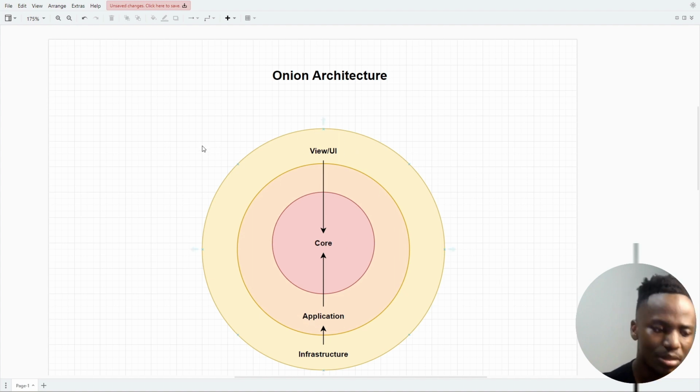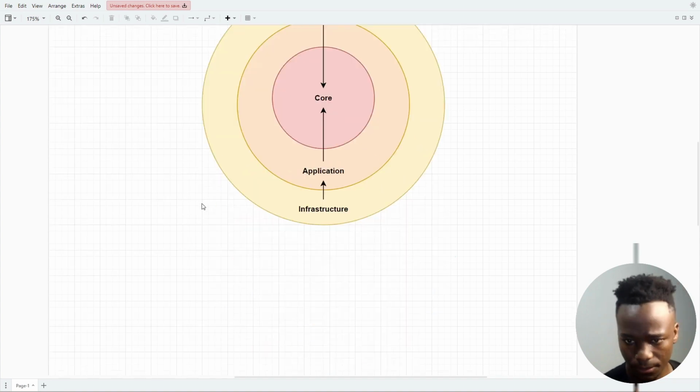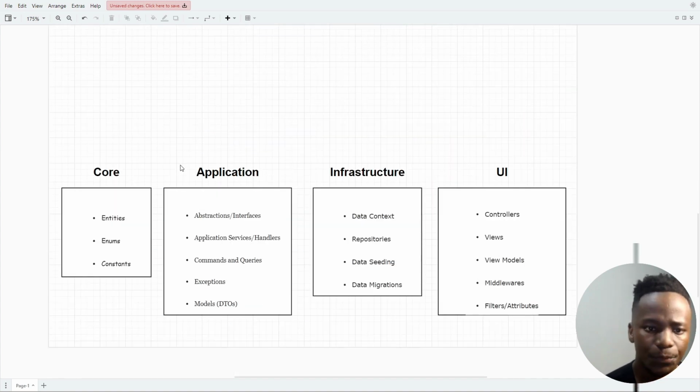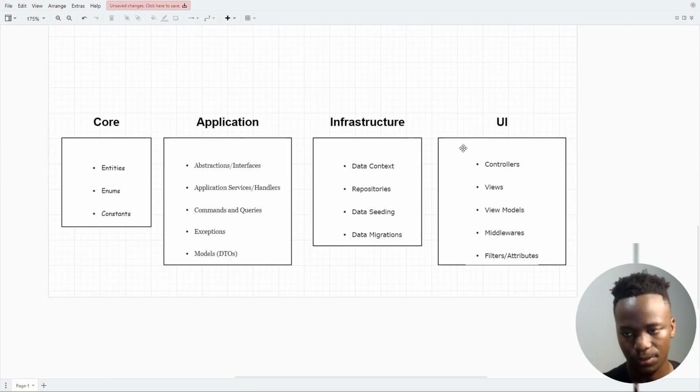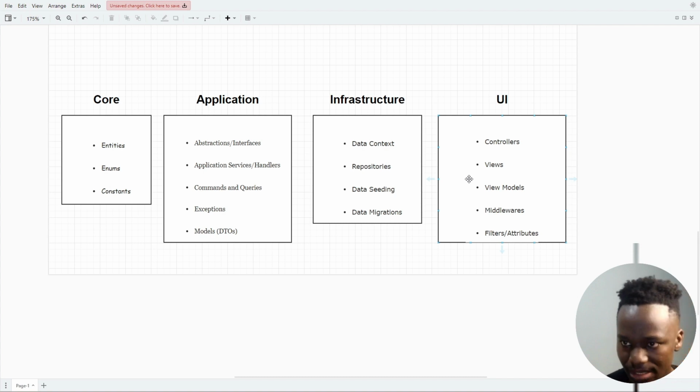Now we're going to move to the next part, which is about understanding the things that are to be put within a specific layer or a specific part of the application. Okay, so now we have basically 4 layers. Let's focus on the UI. You can see that UI contains things like controllers, views, view models, middlewares, filters or attributes. All right, and then we move to the infrastructure layer, which contains data context, repositories,